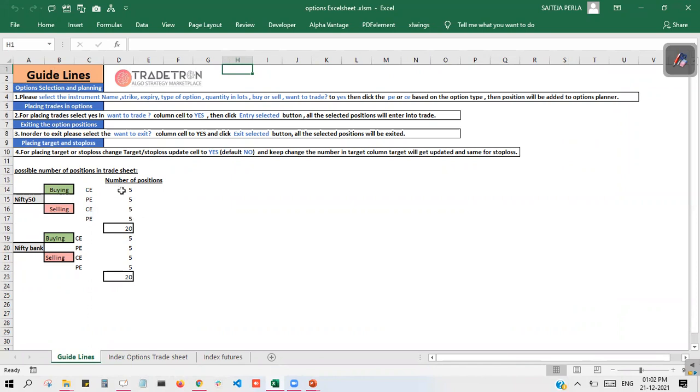So obviously you can keep 20 positions, for each of CE and PE, for both Nifty Bank and Nifty 50. At a time, you can maintain 20 positions. This is how you can place an order. So the limit is 20.